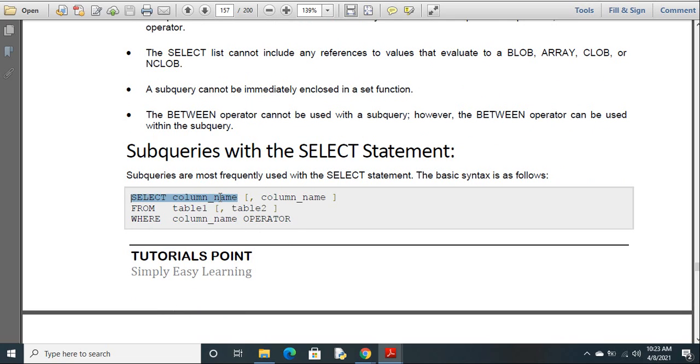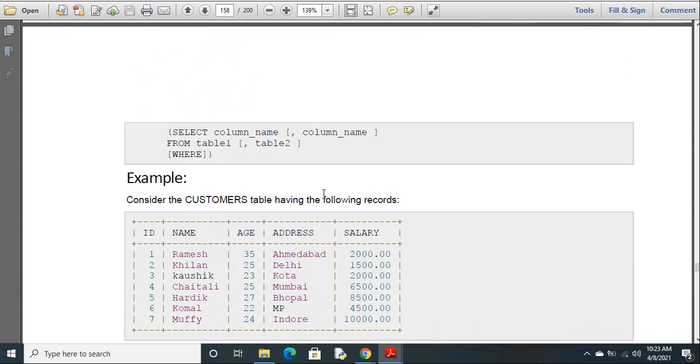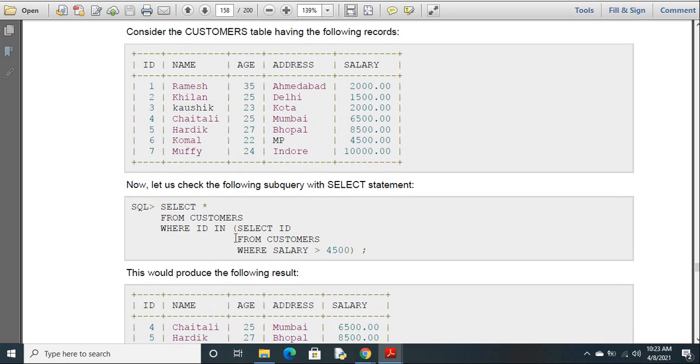Select column name from table or tables where column name operator. So it is a simple query whatever we have. First this condition will get executed, and based on the condition which are satisfying, you will get all the details of that query. Select star from customers where ID in, here you have a condition.